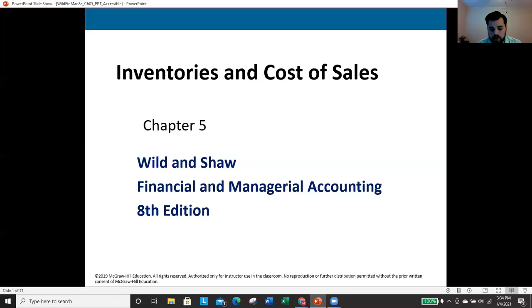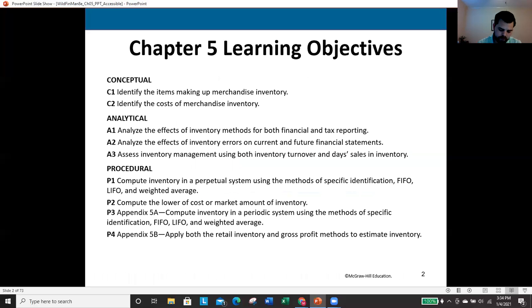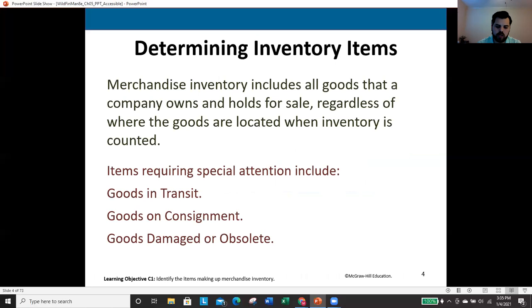So of course you remember from Chapter 4, Perpetual versus Periodic Inventory Systems, perpetual being those that get updated every time there's a purchase and sale of inventory, and periodic being, of course, the method that only updates at the end of each period. So as you can see, we've got several learning objectives in this chapter, but before we